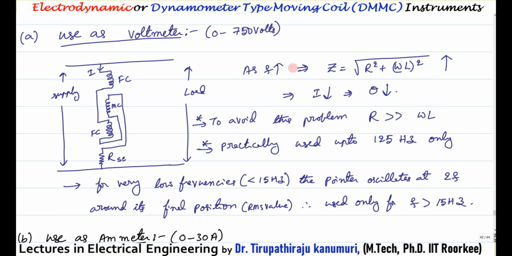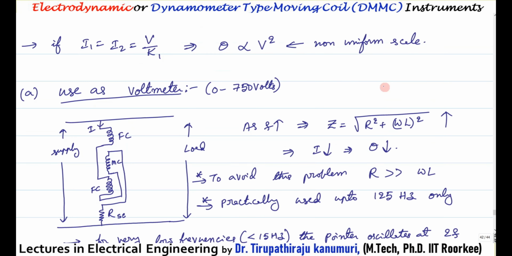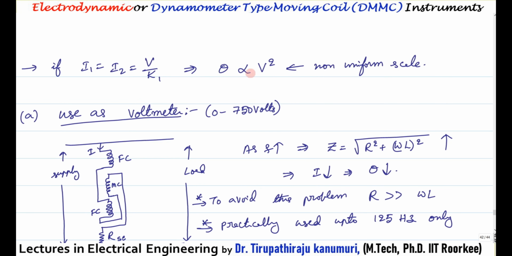As the frequency is increased, because this can be used for DC as well as AC, we know that this omega L will increase. When the omega L is increased, automatically impedance is increased. When the impedance is increased, what will happen to the current? The current drawn by your instrument decreases. When the current decreases, automatically theta will decrease. Because we have seen here that theta is proportional to the voltage square, or theta is actually proportional to the current that is passing through it,